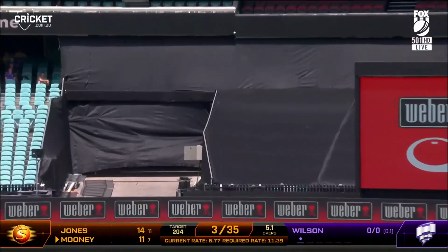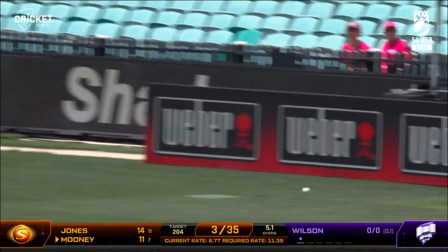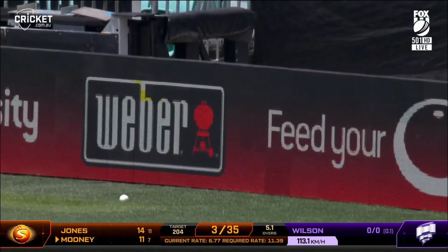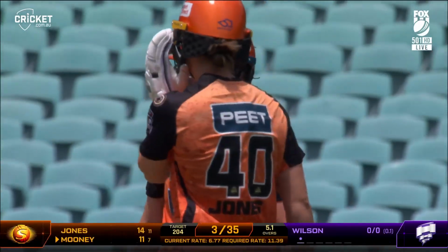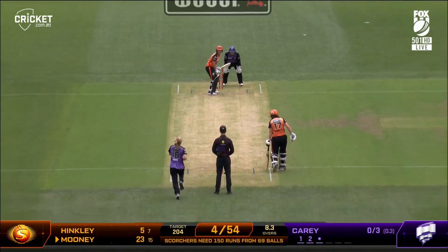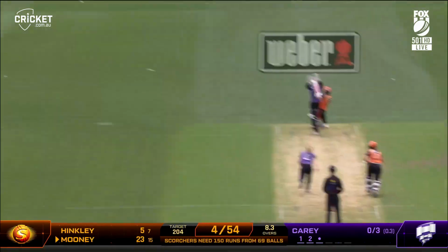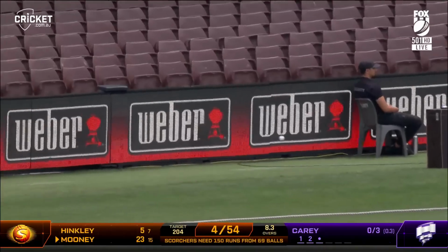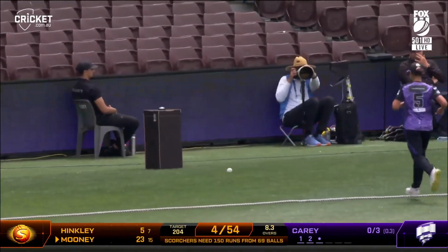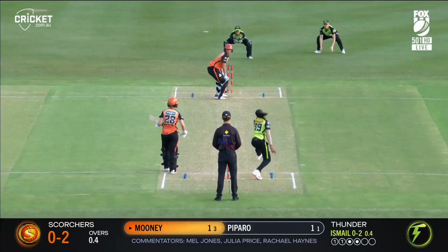Oh, well played. Got inside the line. Oh, flicked it aggressively for six. Lizelle Lee's put up the two gloves and said that's six and gave her a clap. She's like, I can appreciate some good. Give her time. Beautifully played. Dropped short. And hooks around for four. And Beth Mooney